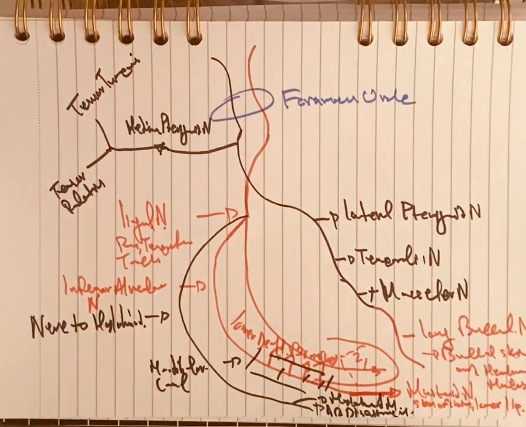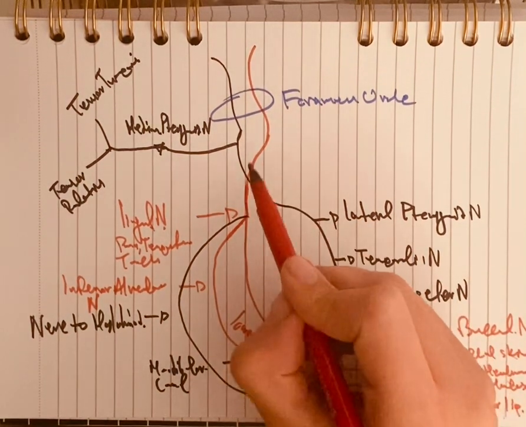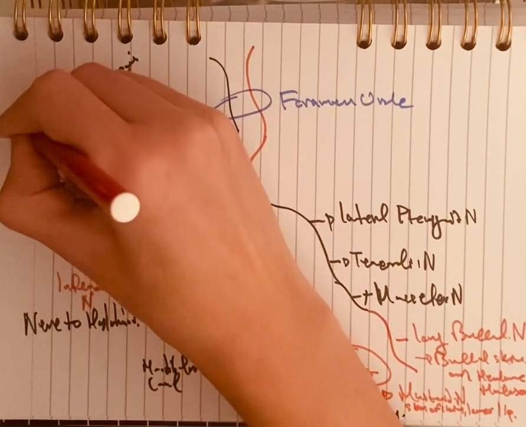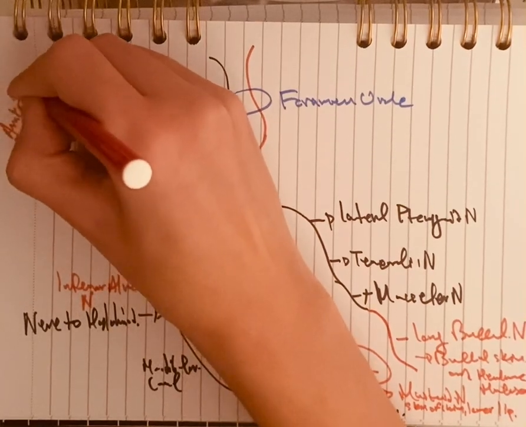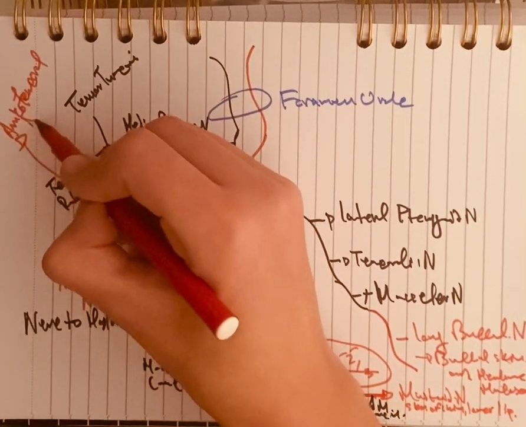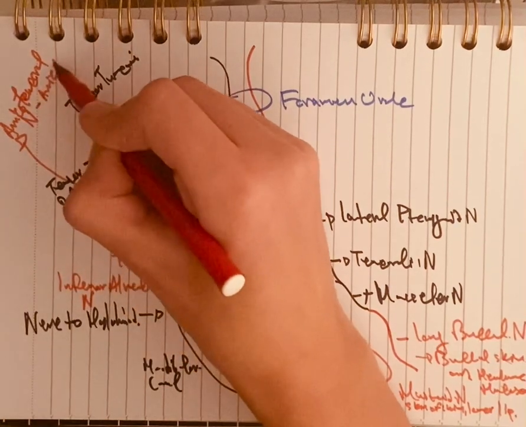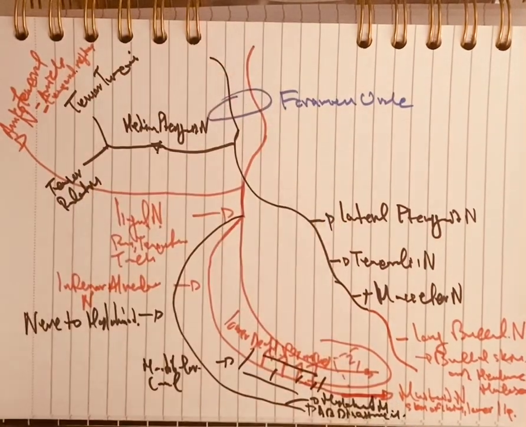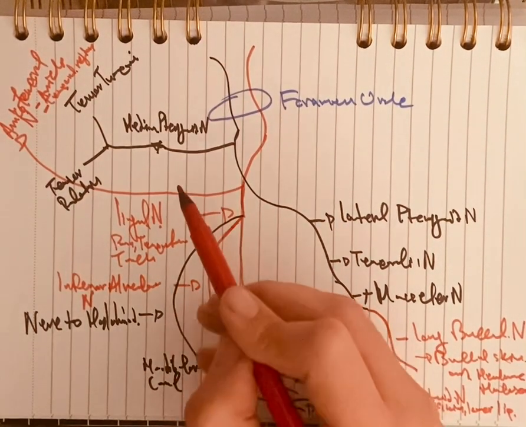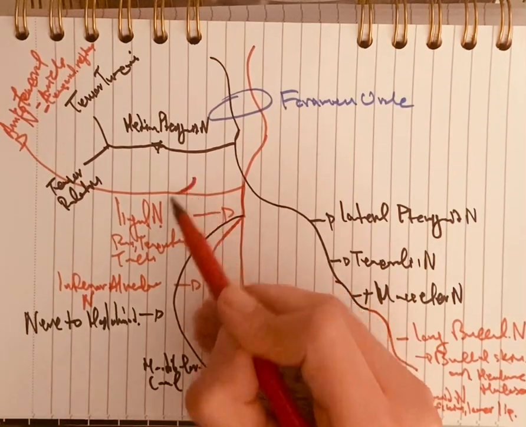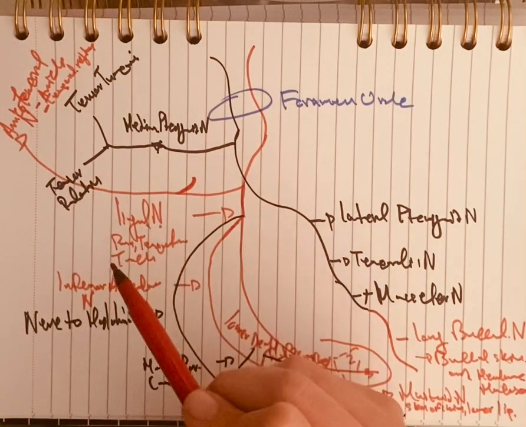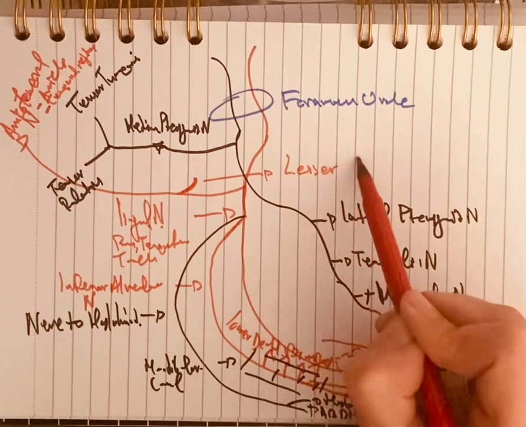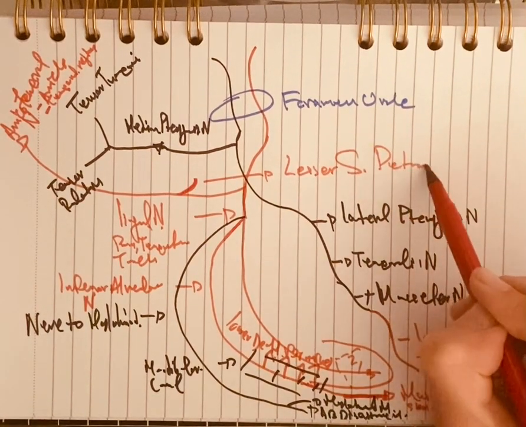Another branch of the sensory nerve is the auriculotemporal nerve that innervates the auricle and the temporal region. Okay, there is a lovely branch here that joins the auriculotemporal nerve that is called the lesser superficial petrosal nerve,